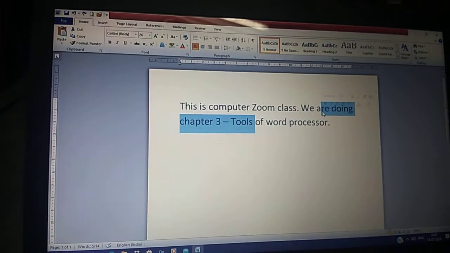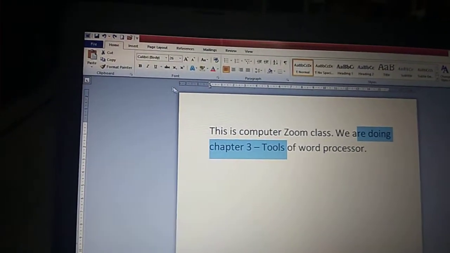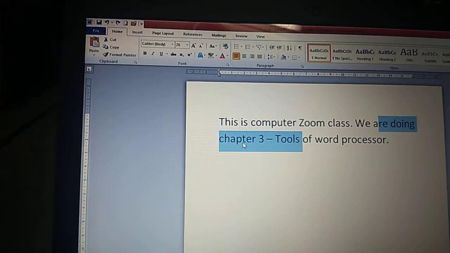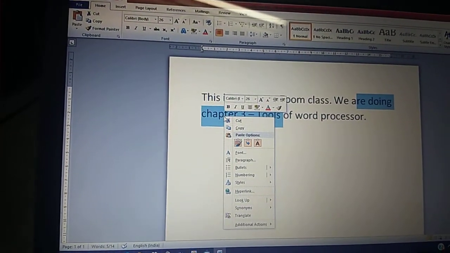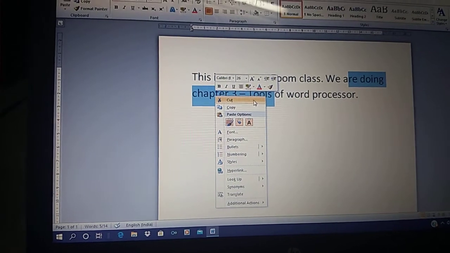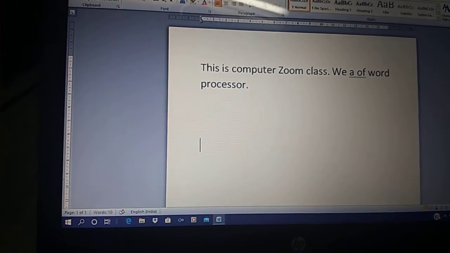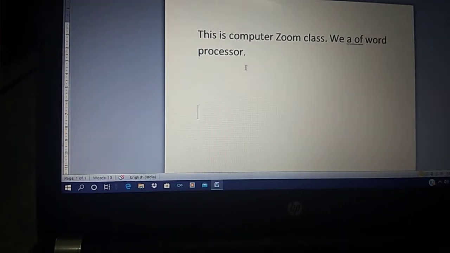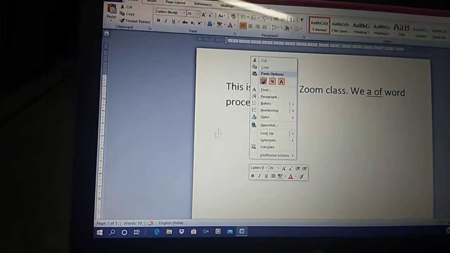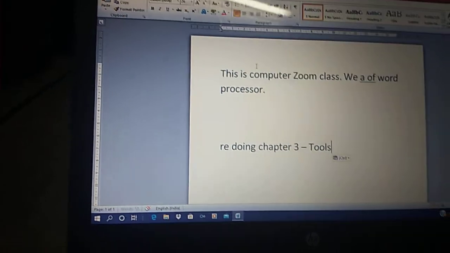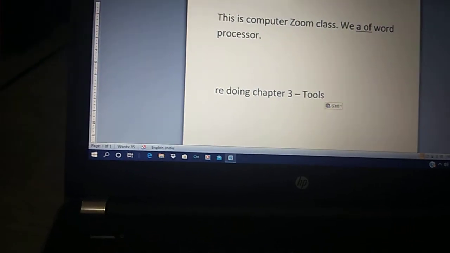Suppose this much I want to copy and paste. I have selected this. Then again right click on it with the help of the right button of the laptop. Use cut option. Then press enter key. Change the place of the cursor. Then right button of your laptop. Then use paste option. It will be placed over here.